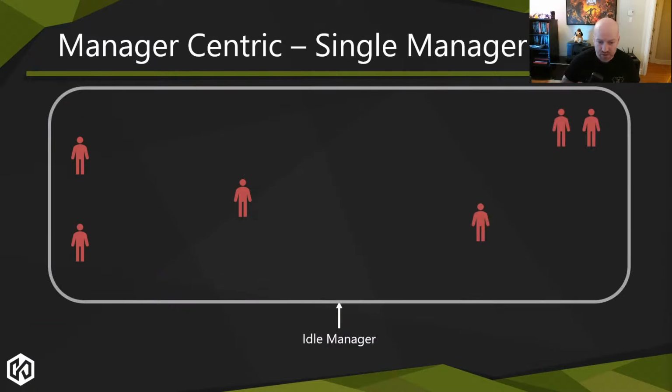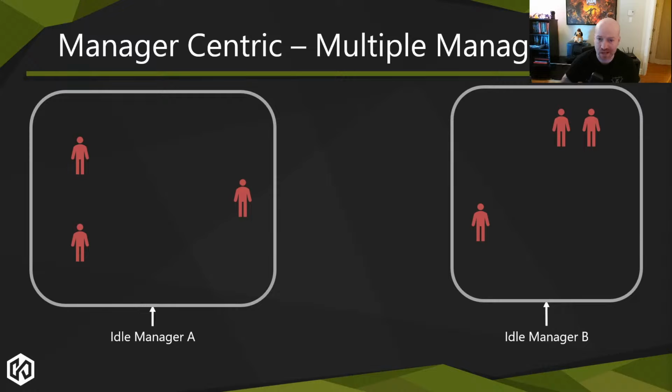You also have 2 ways of managing this stuff. You could have a single manager, which is basically managing the whole world. So you have one idle manager, and every agent in idle is inside that manager, and that manager is then figuring out what to do, where, how. The other option is that you dynamically create managers as needed, and they're usually tied to spatial locations or groups of agents. So you might have 2 distinct groups of agents in different parts of the level, and you might have 2 managers controlling this. This is another relatively common approach. But this brings in a bunch of other issues, like, when do I transition between managers? How do I merge managers? And so on.